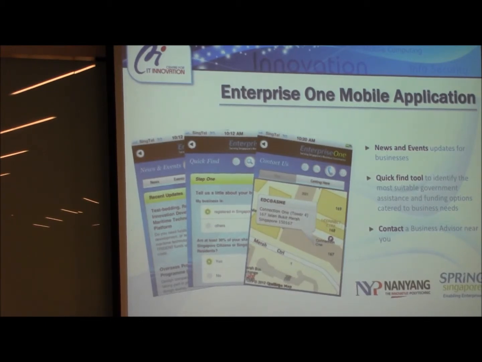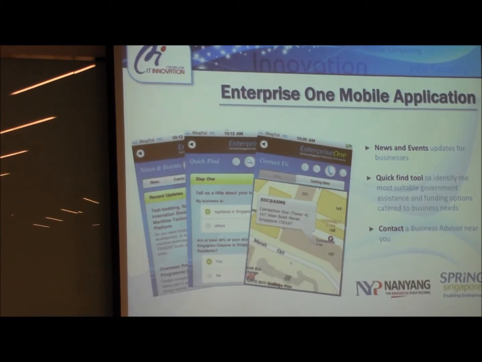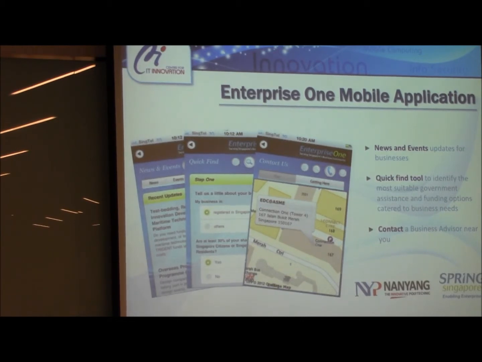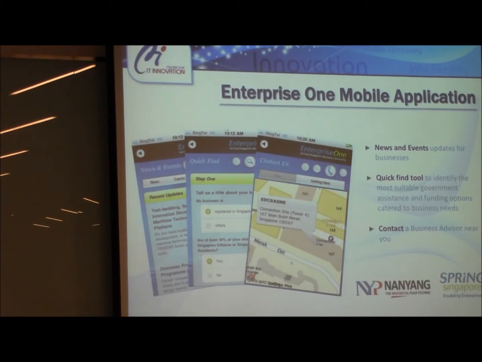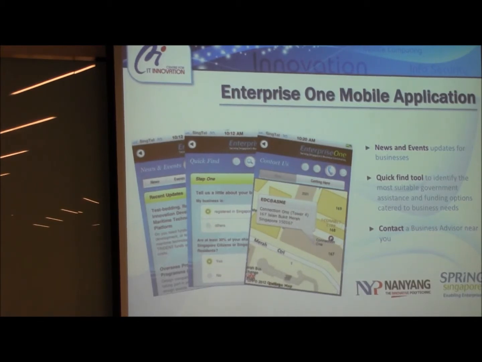In this particular project that we did for them, we also faced the same challenge. We did not want to bring the entire portal down. There was only one particular feature that we wanted to bring over here to help SMEs, which is the way to assess and find particular grants that are able to help them. Spring Singapore actually has more than 1,000 grants and funding schemes to help SMEs, and the feedback that we got from the companies is that it's very hard to identify which one is applicable to them.